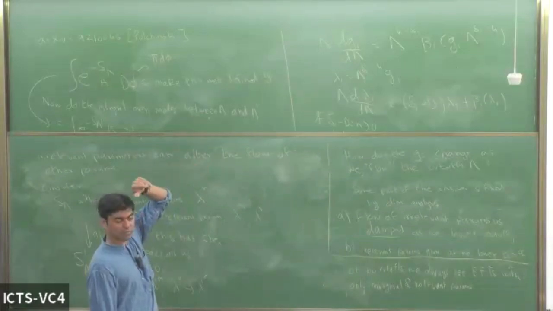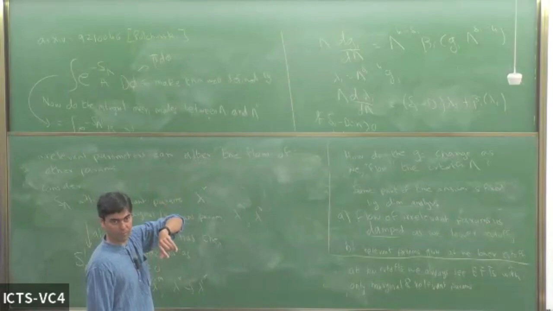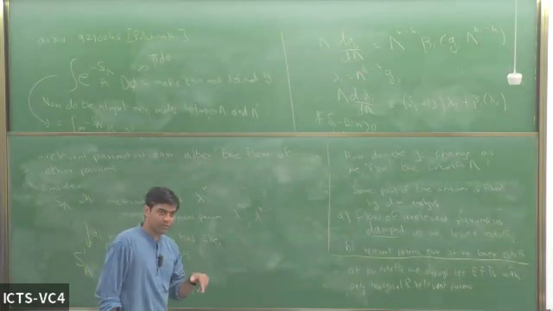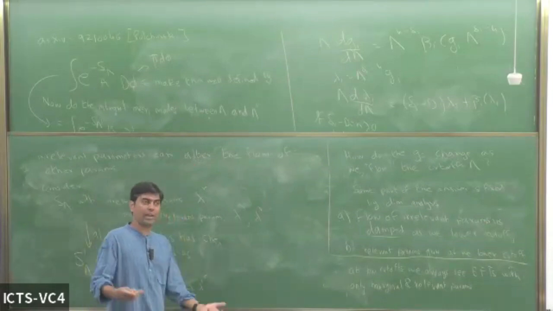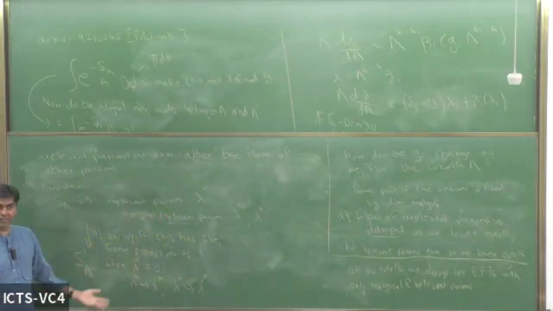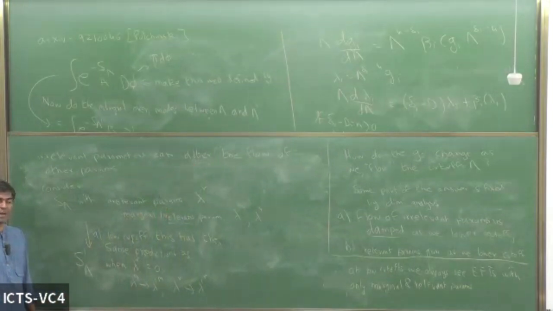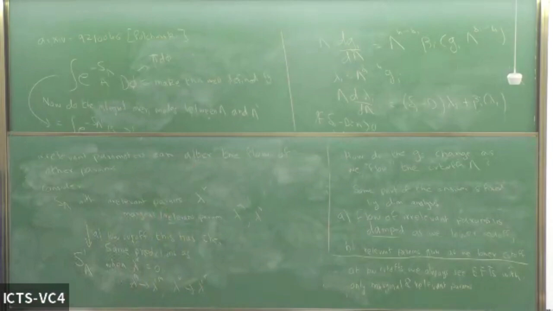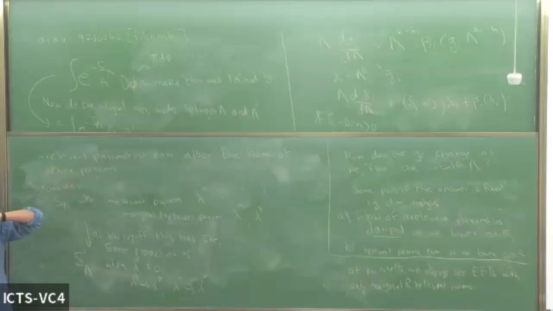At that point, it could have changed the flow of lambda 4. So the lambda 4 that you get at low energies might not be the same as what you would have got if lambda 6 had always been 0. On the other hand, now at low energies, lambda 6 is 0. So you could have set lambda 6 to 0 in the first place, provided you started with a different value of lambda 4 in the high energy theory. Is it clear what I said? This is important to understand. It's not that the cutoff scale, if you get irrelevant parameters, is always important. Rather, you can find a different theory where you get the same answers.